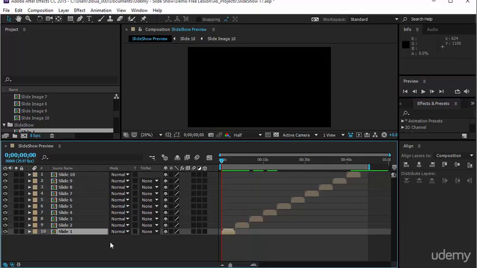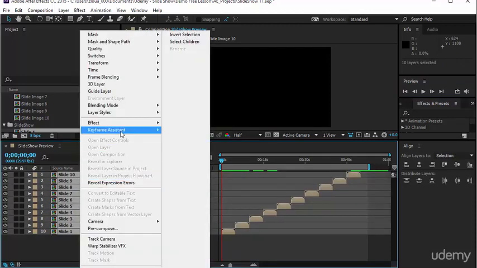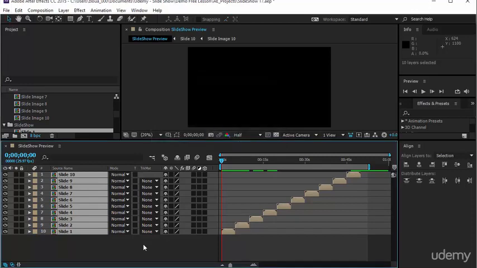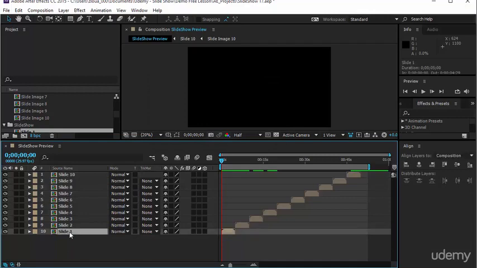So what are we going to do? We are going to choose all of them again, right click, and say Keyframe Assistant, Sequence Layers. Now we want to create an overlap. How much overlap should I give? How long should the overlap be? Well, if you look exactly at each one of our compositions